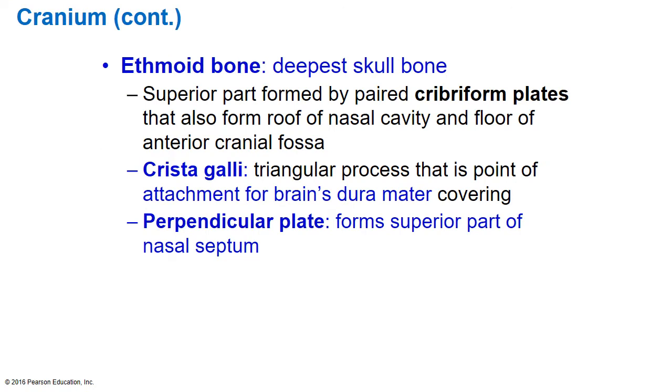Finalizing our cranium bones will be the ethmoid bone. This one is unique because it is the deepest skull bone that we have, and it will give us some very notable structures, and the ones we're going to focus on will be the cribriform plate, the crista galli, and the perpendicular plate. Now, the cribriform plate and the crista galli are best seen when the skull cap is removed,